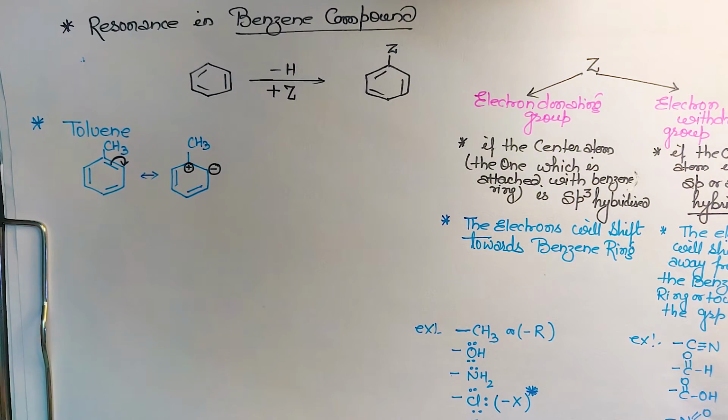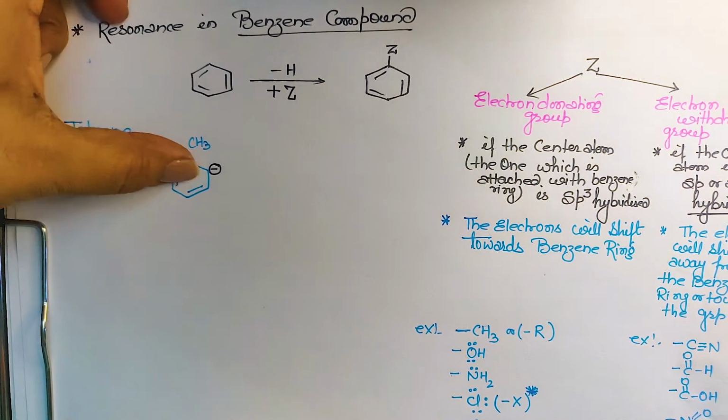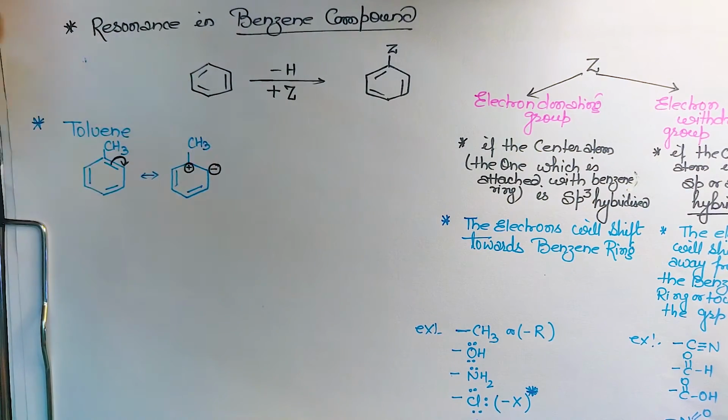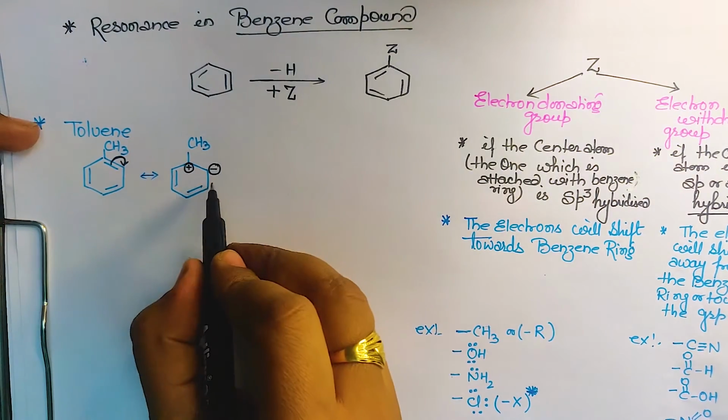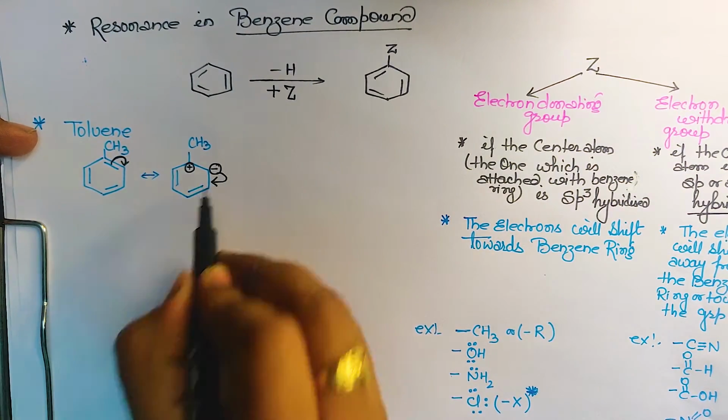Okay. In the previous video only, I have explained that if there is a double bond, a negative charge, or a lone pair, then the negative charge will first move, then the lone pair will move, and at last the double bond will move. So here it is double bond and negative charge, so which will move? Obviously the double bond. So where will it go? It should move towards the benzene ring. So that means now this will move over this bond.